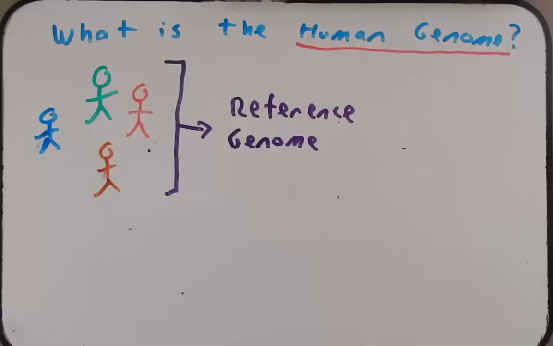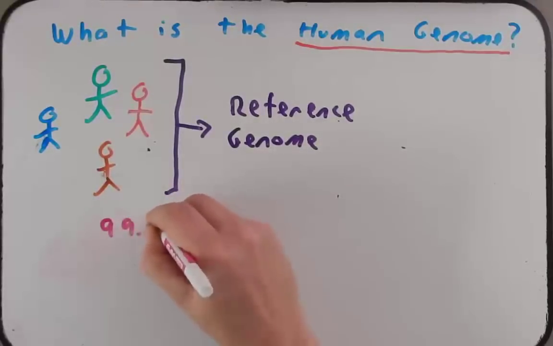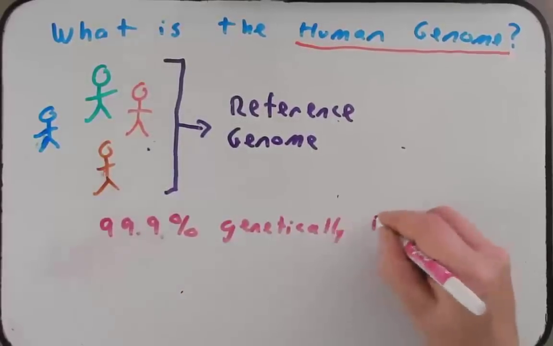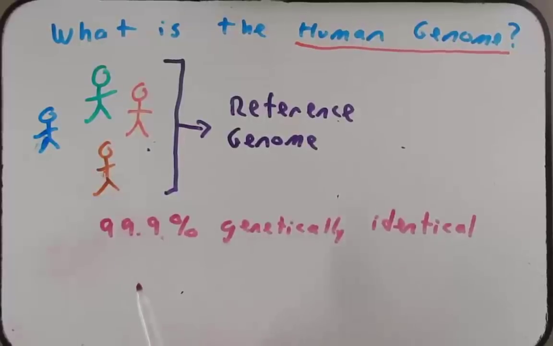The reason for that is that the difference between any two humans, say a human in Cleveland, Ohio, and a human in Shanghai, the difference between these two individuals from opposite ends of the world is minute. In fact, if you compared any two humans on Earth, they would be about 99.9% genetically identical. That 0.1% is what helps account for the vast diversity we see within our population, but it's still only 0.1%. It's a very small number.